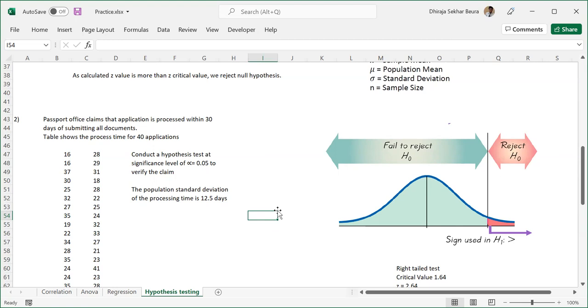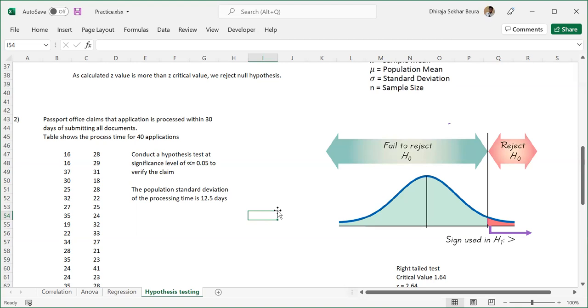Okay. What happens is, when you draw this, the line which is there on reject H0, there you will have to write Z equal to 1.64 or whatever number it is, right? Or alpha equal to 0.05. At alpha equal to 0.95, Z equals this. So this is the Z value. That is what you have to show. On the scale, you have to show the Z value, or you can say alpha value, whichever you want to put, because there's a correlation between alpha and Z, right?